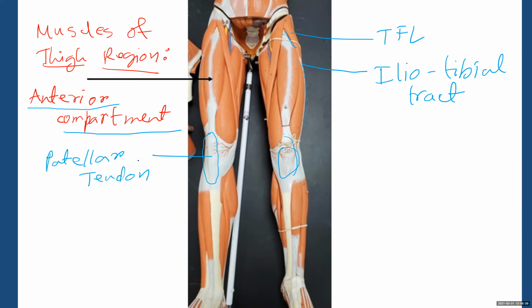You recall we're also learning some fibrous structures: linea alba, lumbodorsal fascia, iliotibial tract, patellar ligament, and calcaneal tendon. So this is the patellar tendon. Here is the iliotibial tract. We'll look at that in a second. So recap: tensor fasciae latae, sartorius,